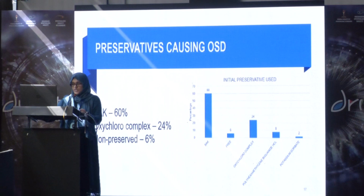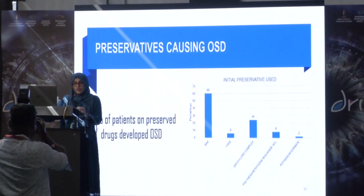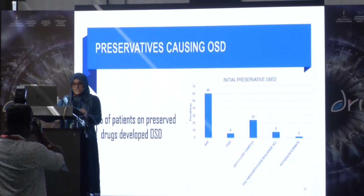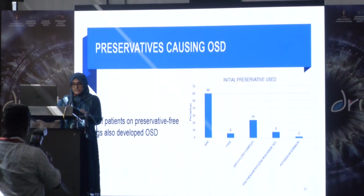Regarding preservatives causing OSD, of the drugs that we had given to the patients, 60% of patients had benzalkonium chloride, oxychlorocomplex in 24%, and 6% of our patients were using non-preserved drugs. We found that 100% of patients using preserved drugs developed OSD. And we also found an interesting finding: